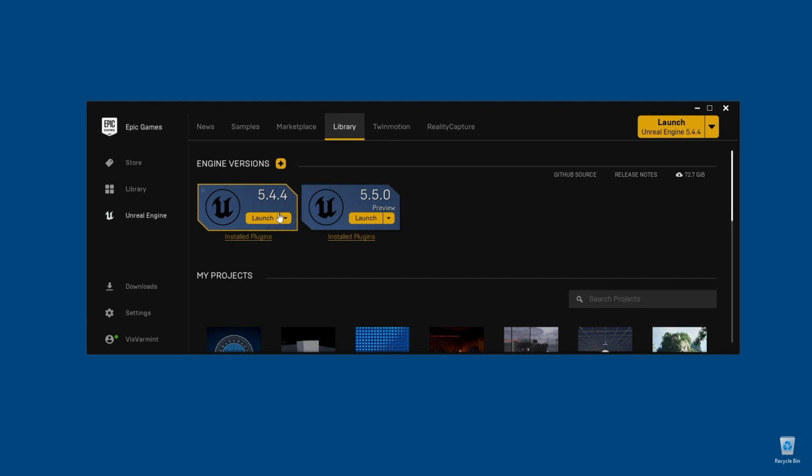Up to this point, I was working in 5.4.4, but the new preview version has come out, and so I've loaded it. There have been some changes to the way that they are doing things, and they've definitely made some improvements. So if you want to upgrade to the 5.5 version, just open up the Epic Games launcher, make sure